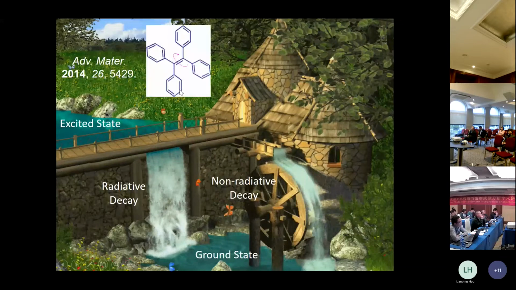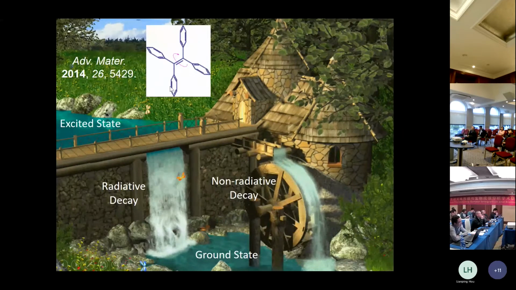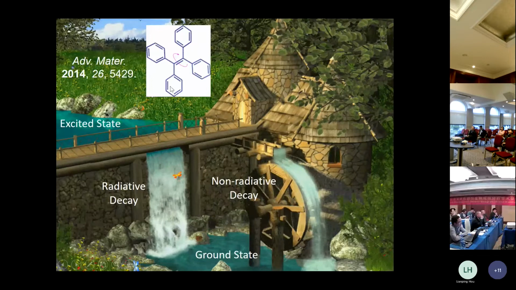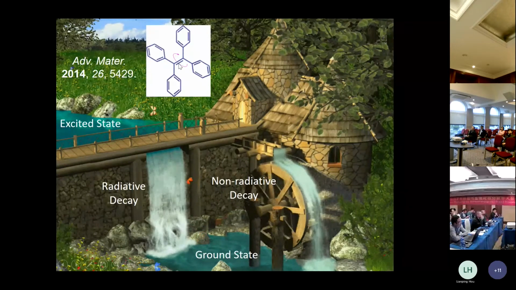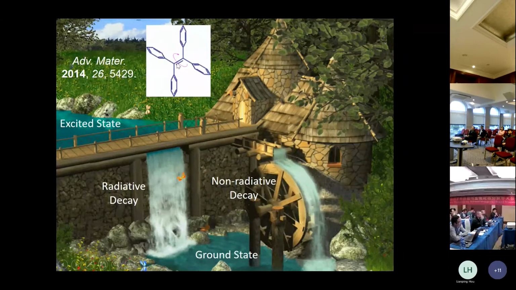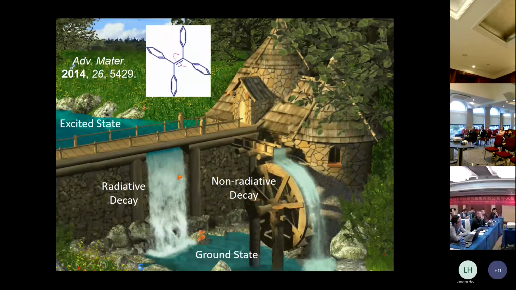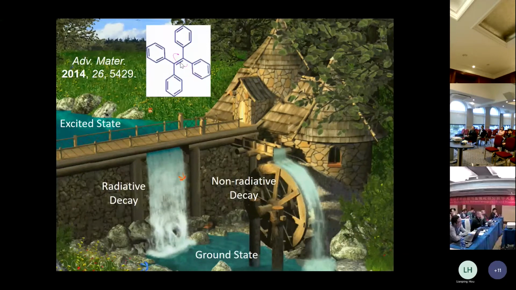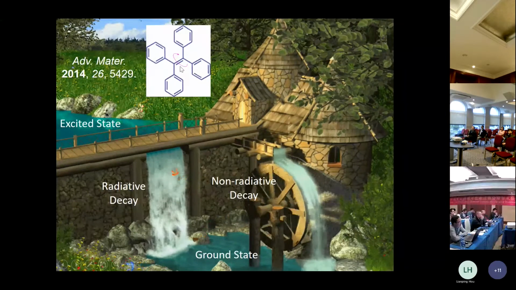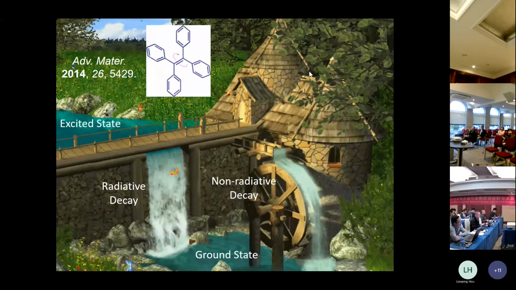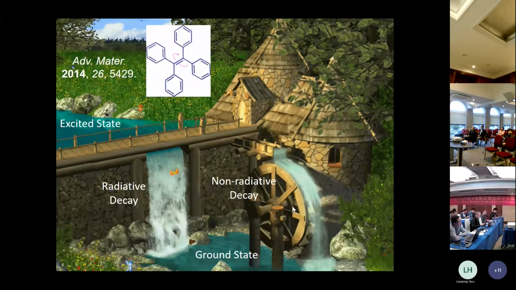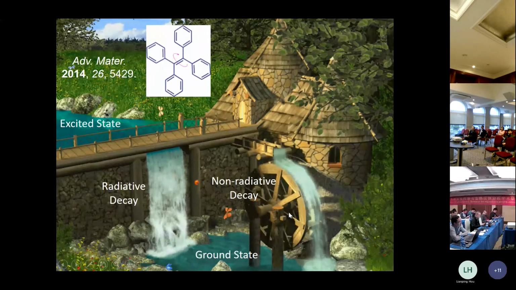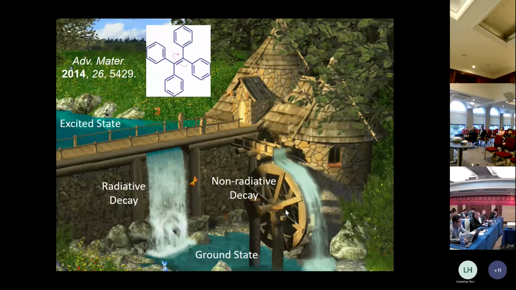This molecule is named tetraphenylethene, in short, TPE. And this molecule, in the excited state, the double bond is also open because this molecule can undergo cis-trans isomerization. So the double bond must be open, and once the double bond is open, the whole molecule will rotate like crazy. This means this exciton will come back to the ground state through this channel. So that's why you don't see any emission in dilute solution.